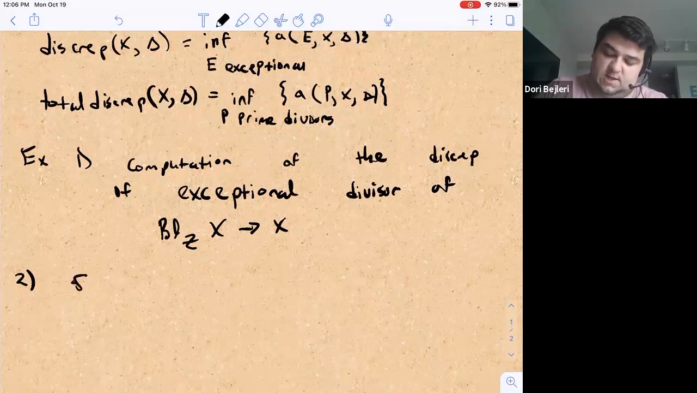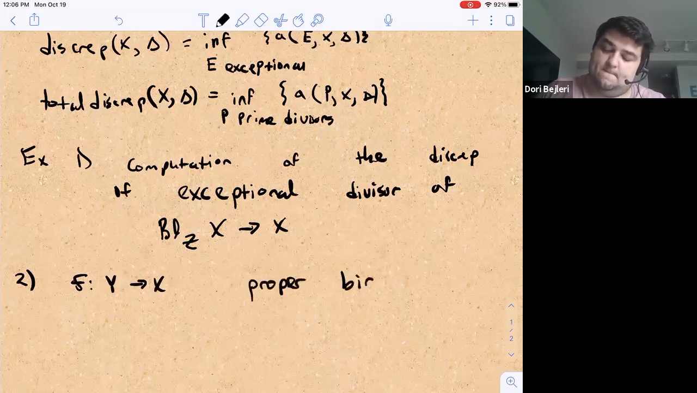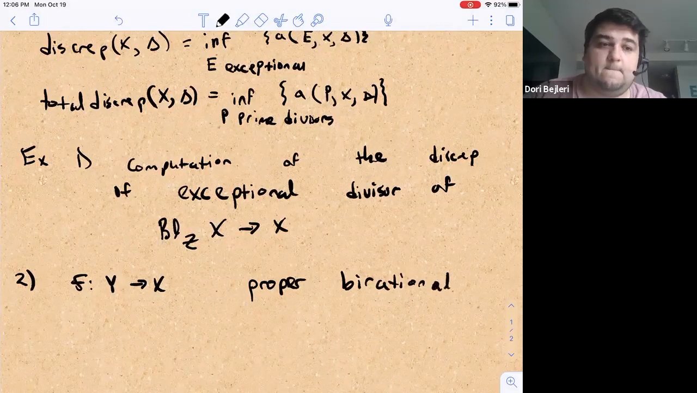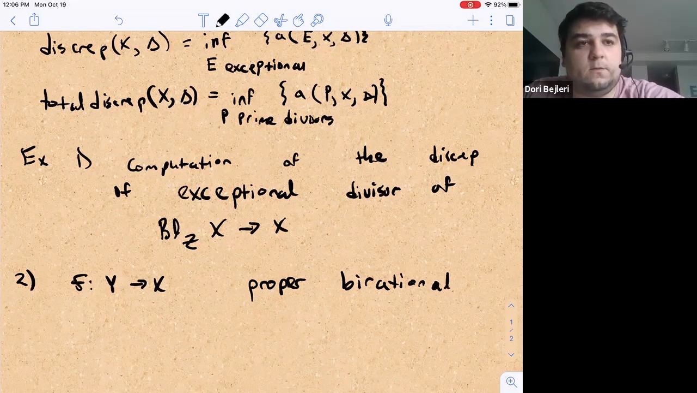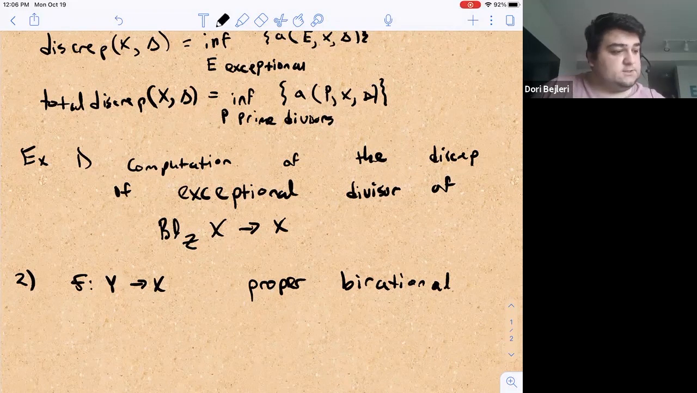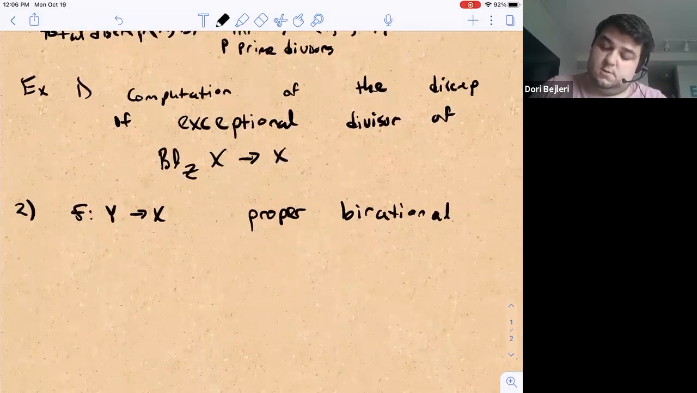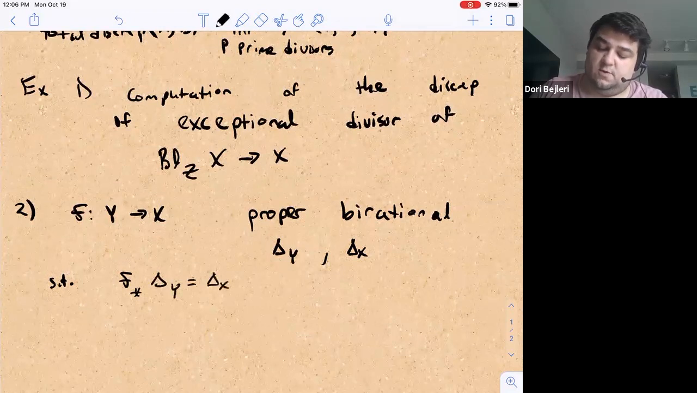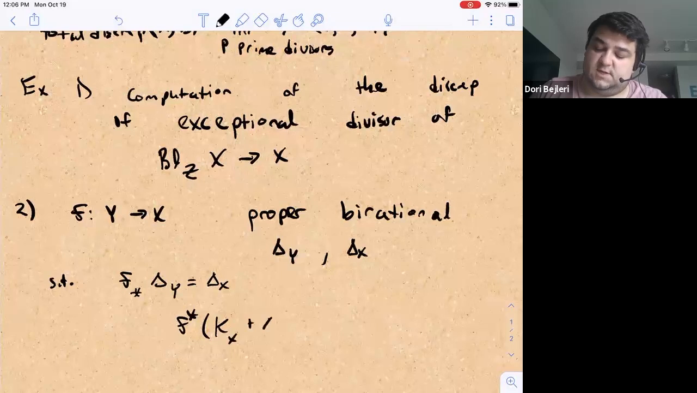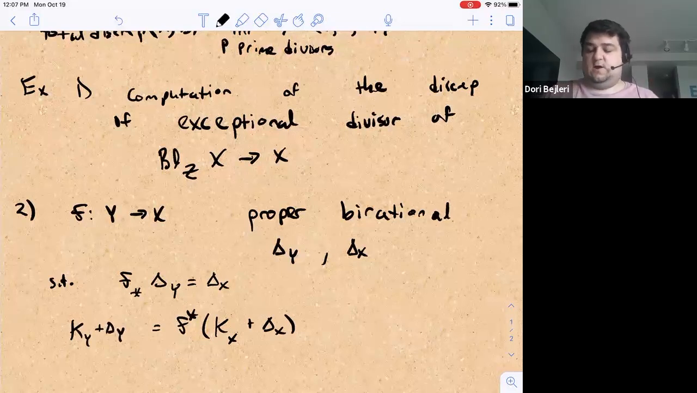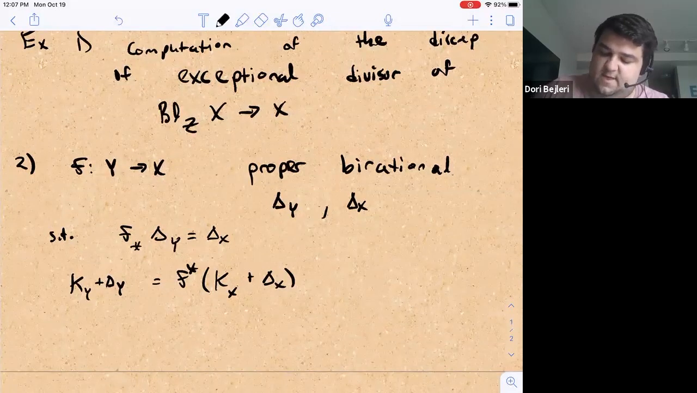And then two, which we'll use a lot, was this observation that if you have a proper birational map f from Y to X, and you have some divisors, Δ_Y and Δ_X, such that the pushforward of Δ_Y equals Δ_X, and the pullback of K_X + Δ_X is K_Y + Δ_Y. So you can think of this as the only discrepancies somehow coming from the divisor itself for this map f. Then